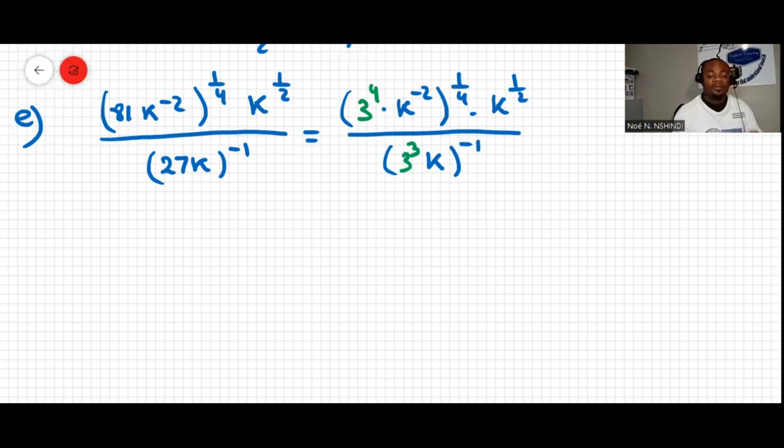Now they say that the whole thing is raised to the power of negative 1. We can switch it, so we can move it up, okay? So this becomes a positive exponent, following the law that says 1 over a to the negative m, just writing the law, is equal to a to the positive m. So